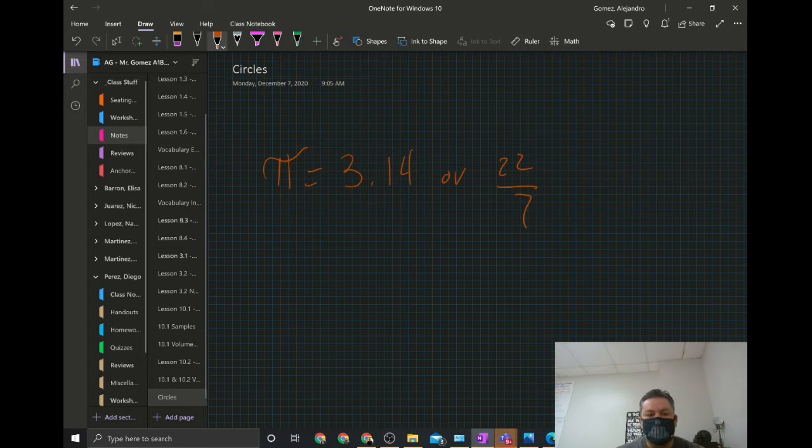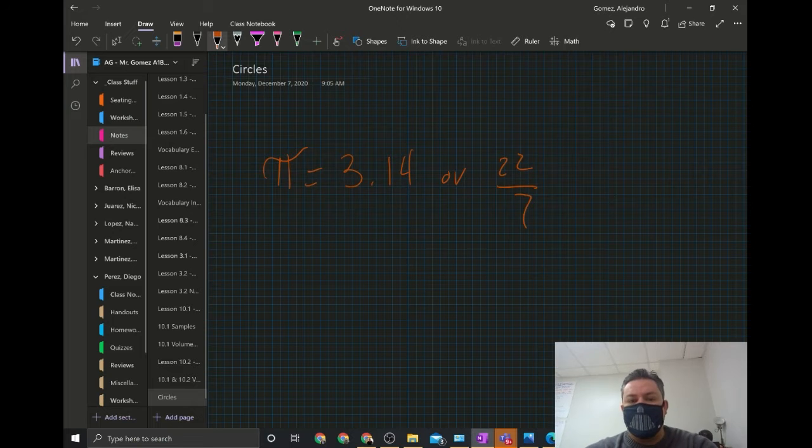Now, another thing that you're going to need to know is either going to be the diameter or the radius. A good way to differentiate which one is which: when given the circle, you're going to have a line inside the circle. One line is going to go from end to end, and that's going to be the diameter. The other line is going to go from the middle to the edge, and that's going to be the radius. Diameter, radius. Okay? So that's all we need to know so far.